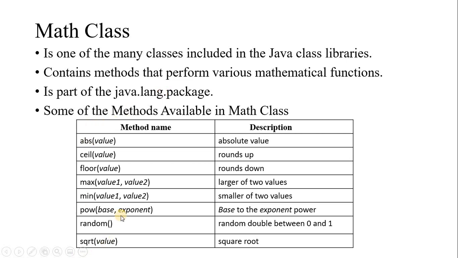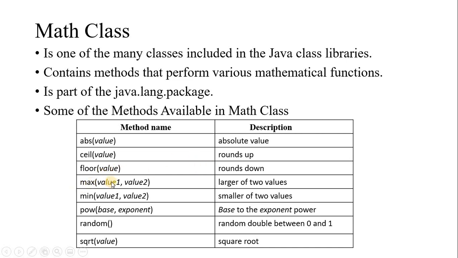Okay, the important methods we placed here: absolute value. It is always going to return the positive value. Even if you give a negative value, it will take it to a positive value. There is a ceiling value. Ceiling means it is always a round up value, so whatever value you are giving, it is going to be rounded up. Flooring means always round down. It is going to take the down value.